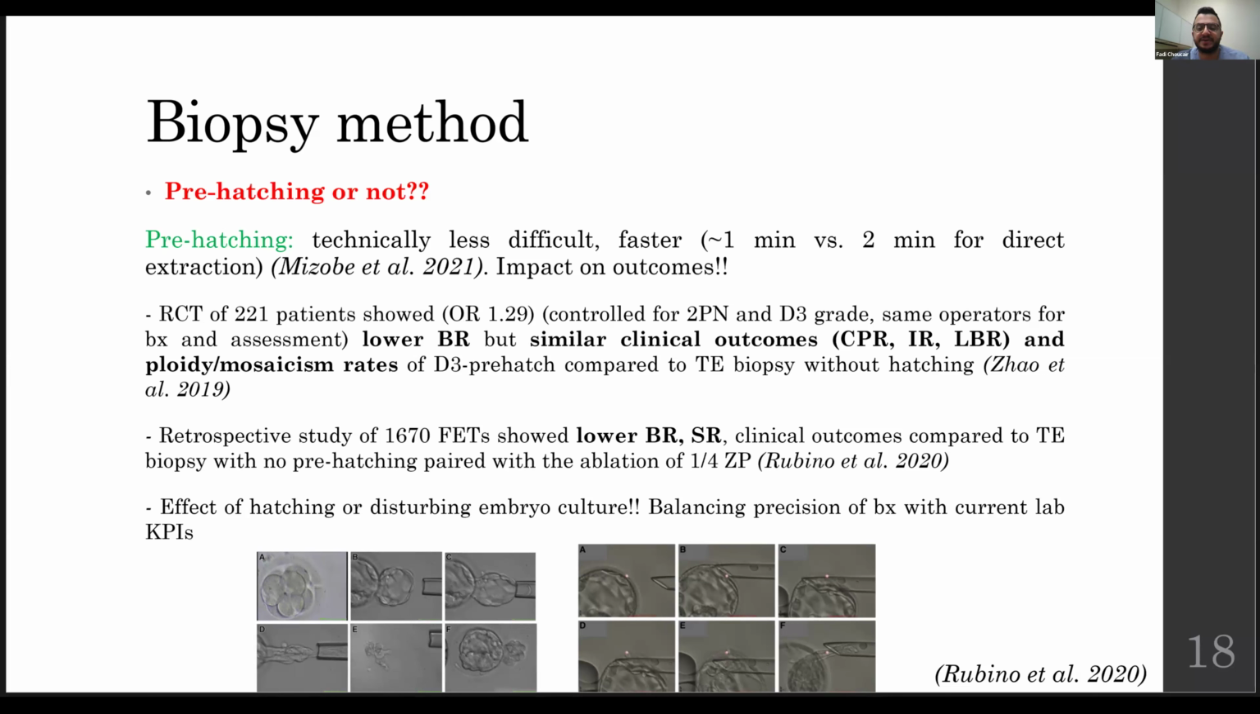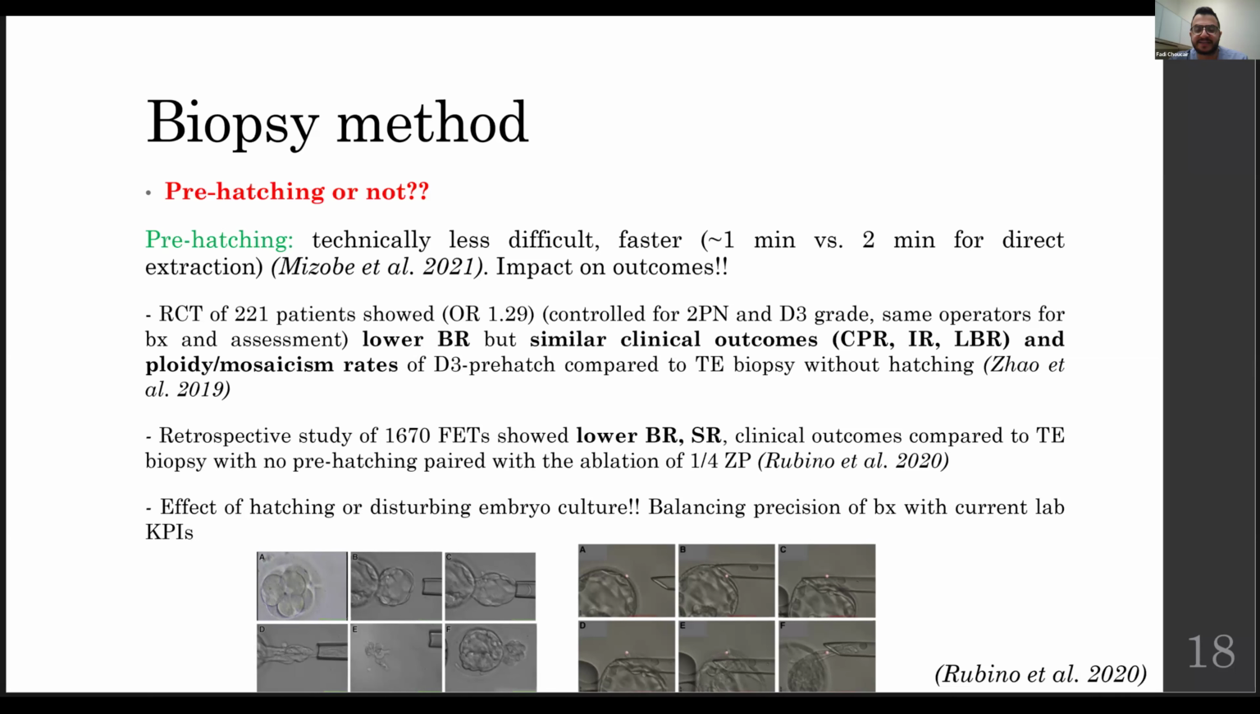There's only a single randomized controlled trial in the literature, of 221 patients. They compared pre-hatching to direct breaching on day 5, and found that the pre-hatching group had a lower blastocyst rate, a lower blastulation rate. However, clinical pregnancy rate, implantation rate, live birth rate, and ploidy mosaicism rates were comparable to standard trophectoderm biopsy without hatching. In contrast, a retrospective study of around 1,500 frozen embryo transfers showed a similar lower blastulation when you pre-hatch on day 3, and a clinical outcome which is lower